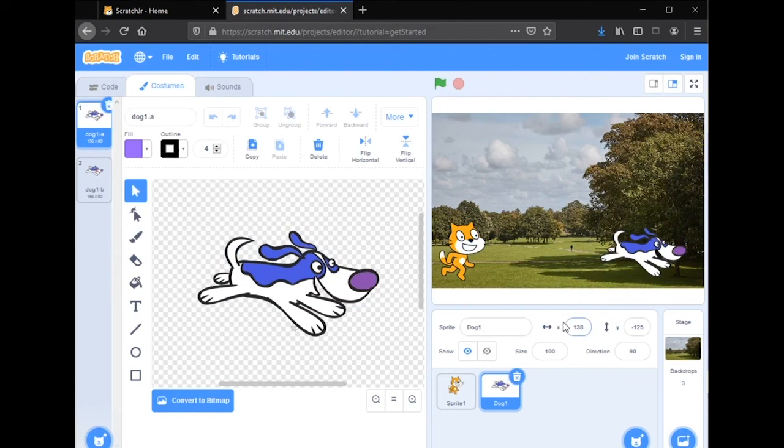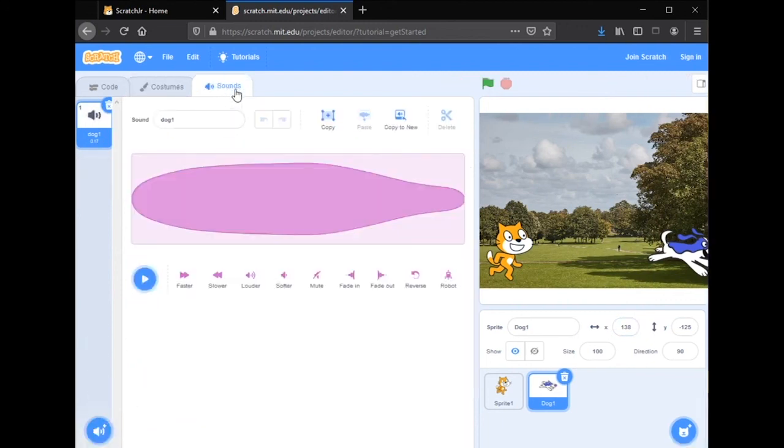One of the really nice things about Scratch is that you can be very creative. You don't have to use everything that Scratch provides. You don't have to use any of it, really. You can upload your own characters, draw your own characters, create your own sounds, create your own backgrounds, and do a complete fresh animation. Today, of course, we're using some built-in characters such as the Scratch cat and our dog,